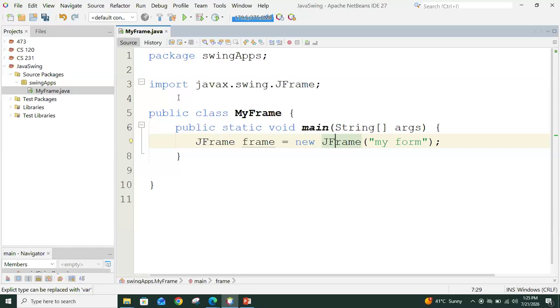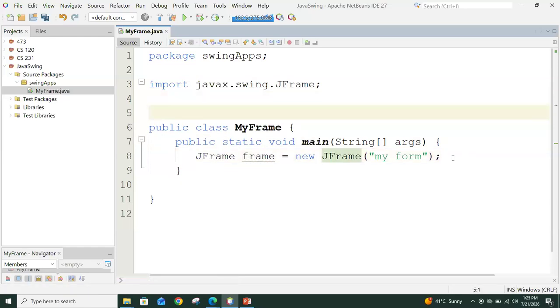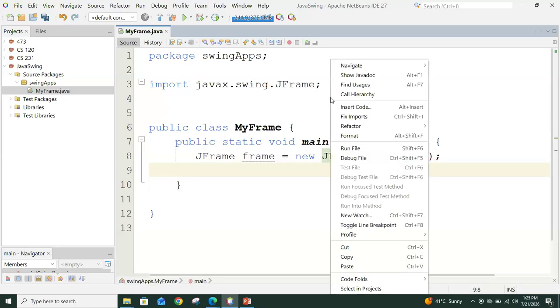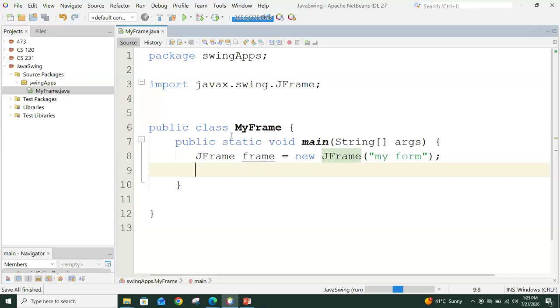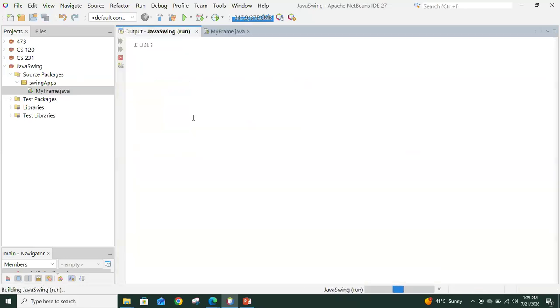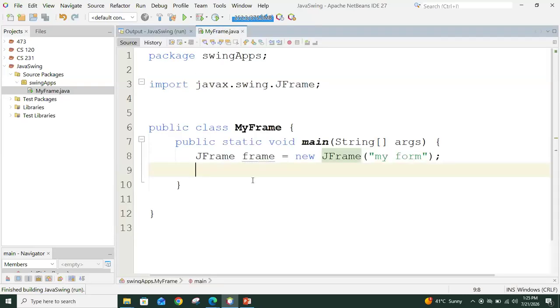The frame is created. All right, so now a simple frame is created, but by default the frame is invisible. You cannot see it. When you run the program, the program is running, but nothing is there, right? Nothing to show. So I can say here frame dot